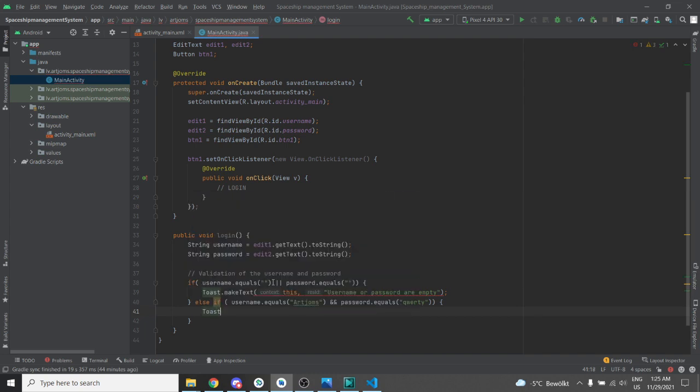I will use the same method makeText. I will put a reference to this, comma, and I will put also that login was successful. For now, as you can see, I'm not connecting it to the database, I'm not connecting it to anywhere, I'm just hard-coding the data. And now we have set our empty input validation, we have set our successful scenario,